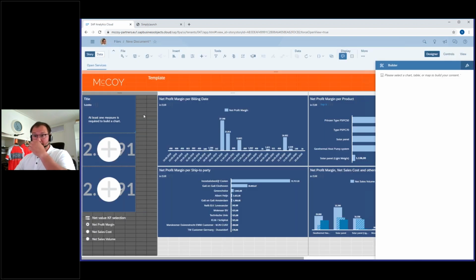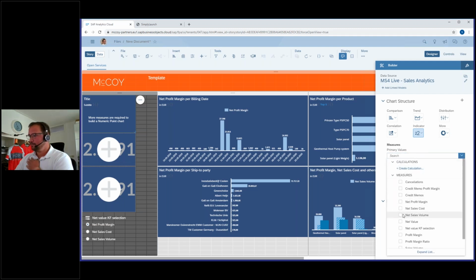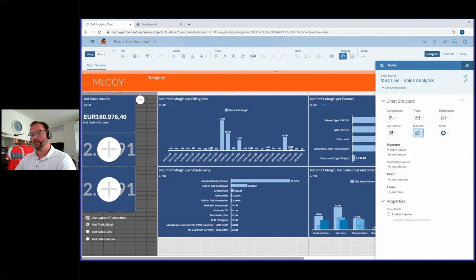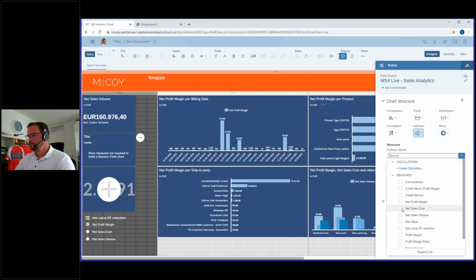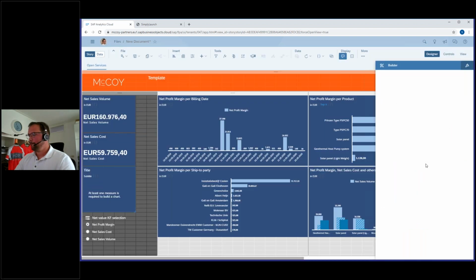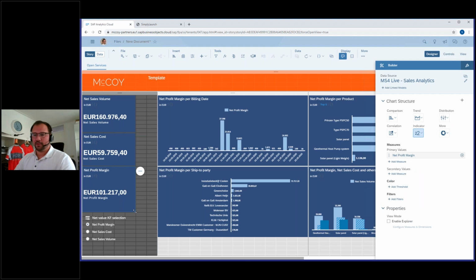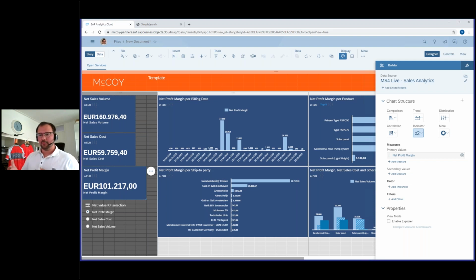So here we can say, okay, here I want my measure. In this case, I want my net sales volume. And it will add it here with all the different parts. I'm going to do this here for cost. And I'm going to do it for the margins. There we go. So now we can say, okay, here you can, it's intuitive. It will change the size of the numbers inside if you make the box bigger or smaller,